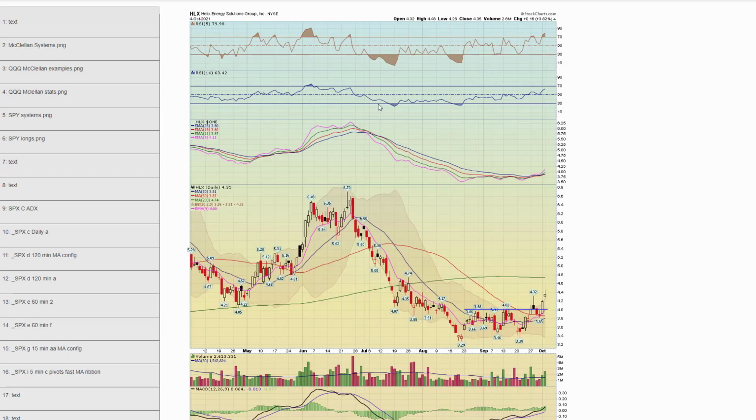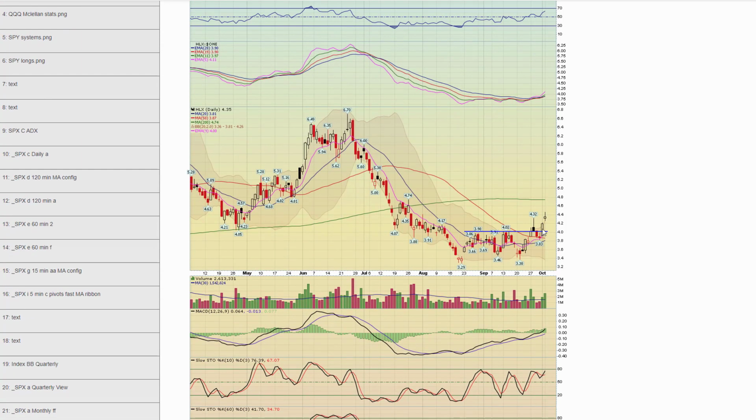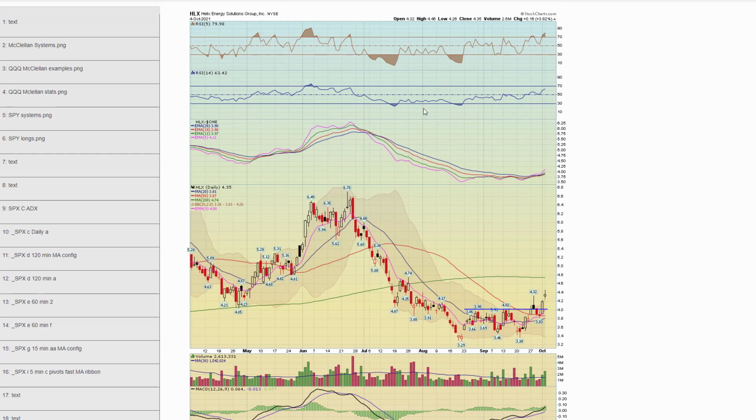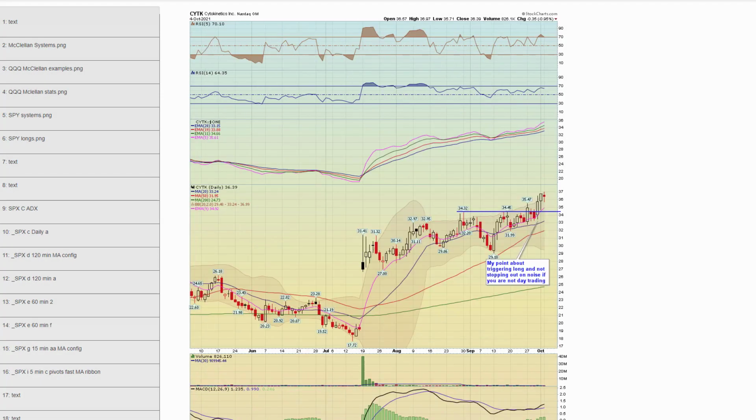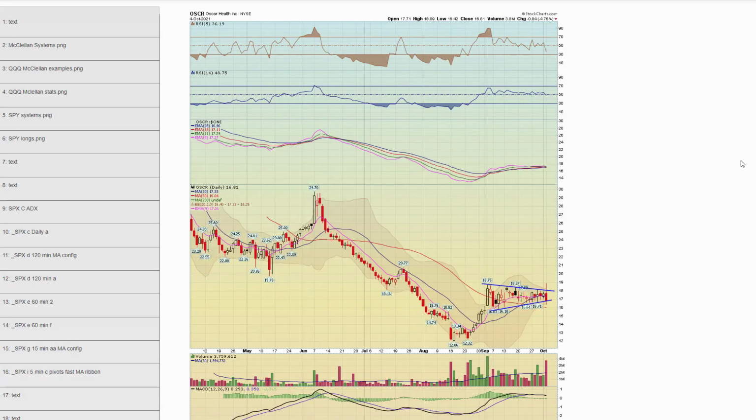Next, Chart 75, HLX. This one was a little whippy down here, but if you stayed with it, it had a nice move the last couple of sessions. Next, Chart 76, CYTK. Here's another one I talk about giving some of these trade ideas some wiggle room. This triggered back here as a long. Pulled back a little bit, basically held the 9 EMA on a closing basis, and ended up coming back for a winning trade.